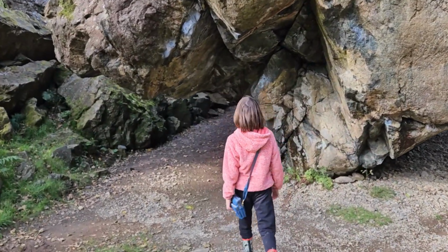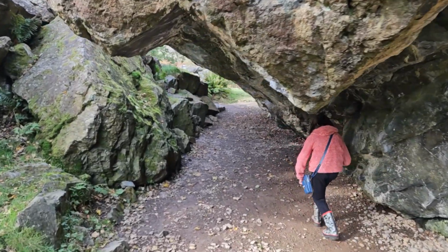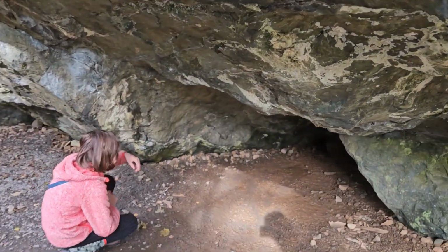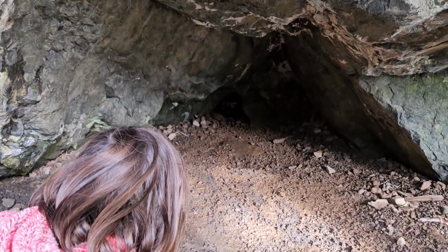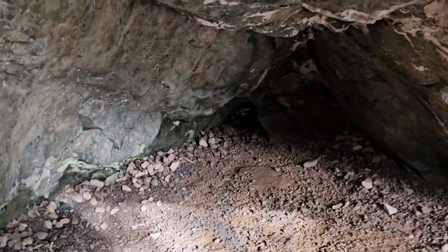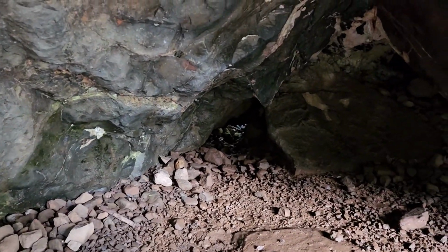Oh, it looks like we can go underneath it and round the back as well. Mind your head, Arthur. I don't think it goes all the way through, does it? There's light. Is there? No. There is. Where? In there. See? Oh yeah. Can you see that on the camera? I'll go check that inside. It's over there. Looks like that goes all the way